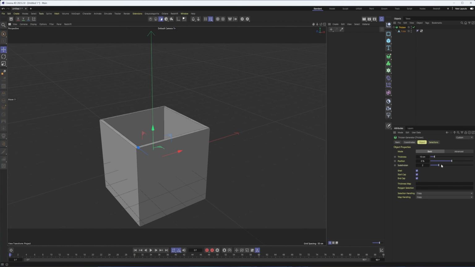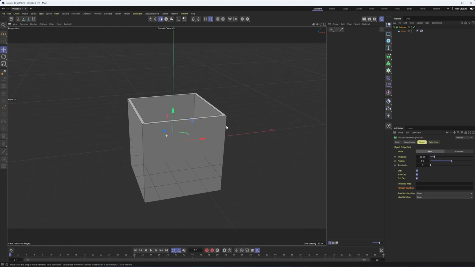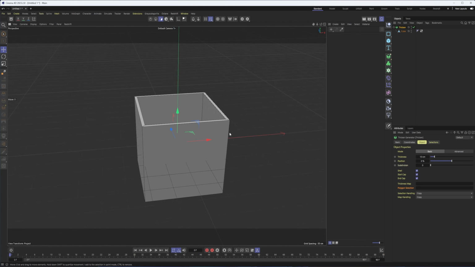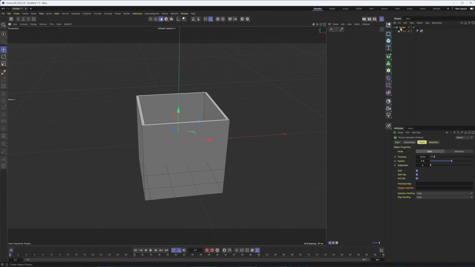So yeah, that's polygons. You can see the different options it's creating. I like that we can create a map with that. So we could use a vertex map or perhaps even a polygon selection. So that's actually really kind of helpful and useful for adding some variation in the thickness, which is really nice and allows you to help kind of keep this procedural. So that's really nice to see.